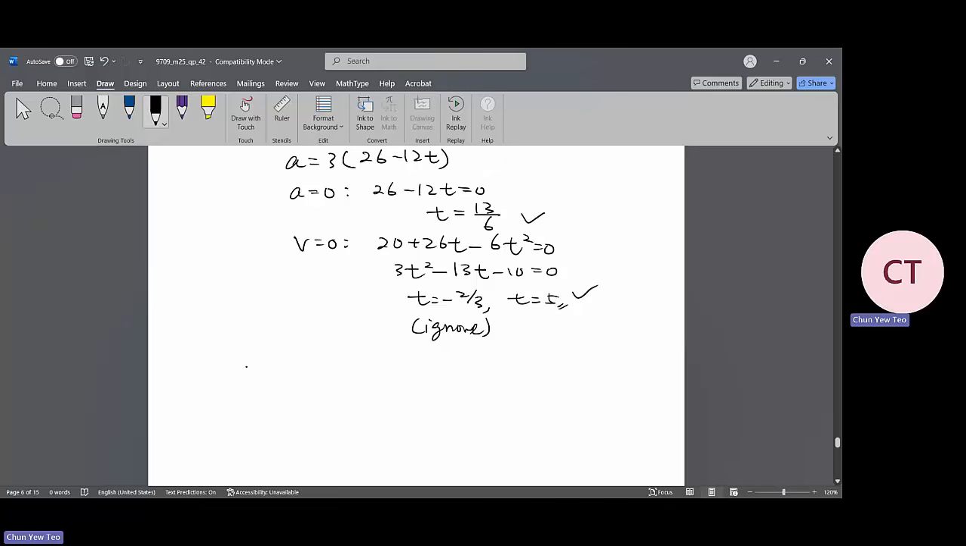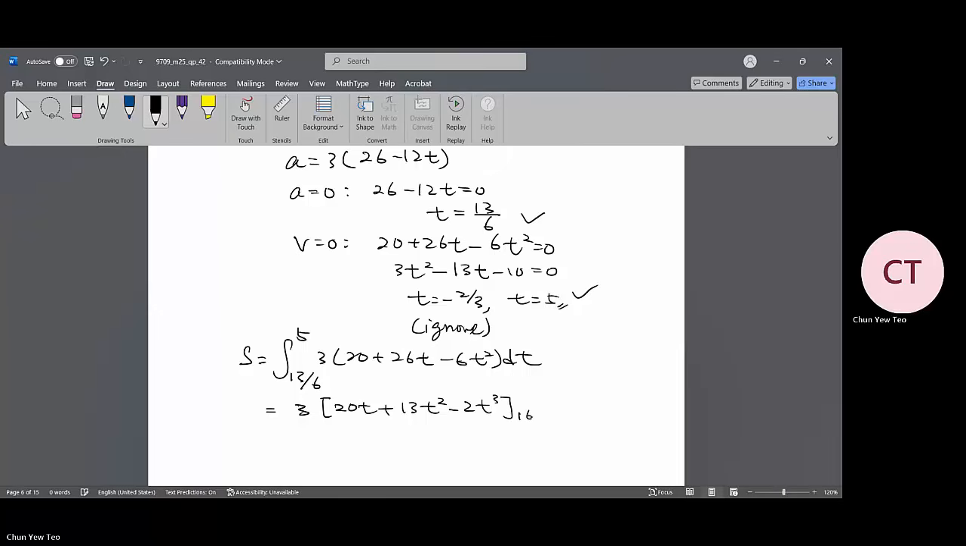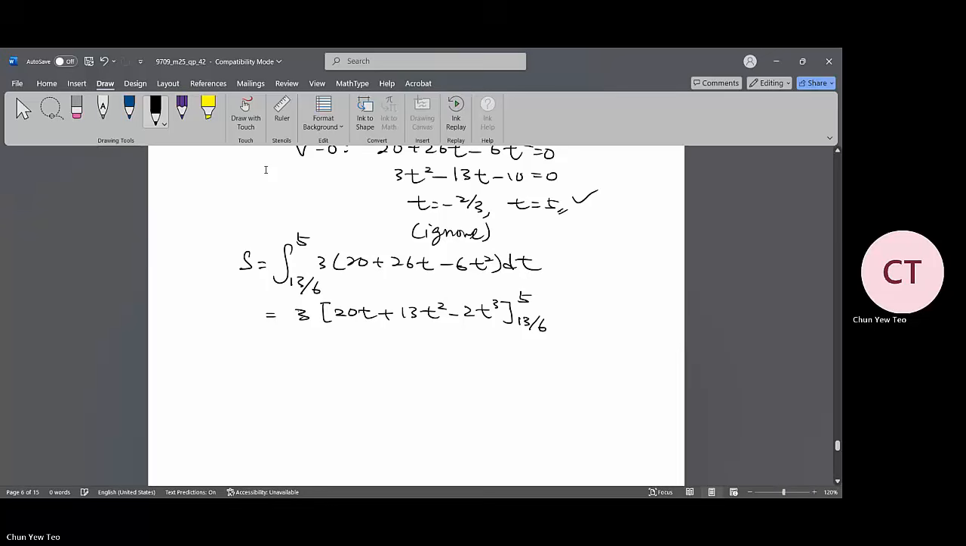So over here, your distance travelled will be just straight away integrate from 13 over 6 to 5 of v dt. So for v dt, I think I can just straight away write my v as 3 and then 20 plus 26t minus 6t square, dt, straight away integrate. So over here, I take the 3 out. Here I get 20t plus 13t square minus 2t cube. So what you need to do is just carefully substitute the values inside and press the calculator. This one is nothing tricky. Just have to be careful only. So you have 100 plus 325 minus 250